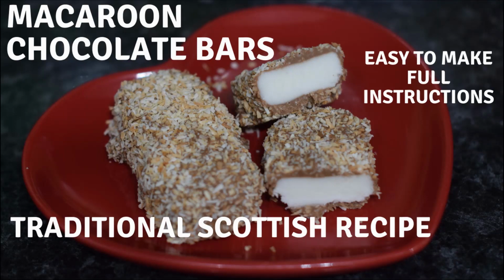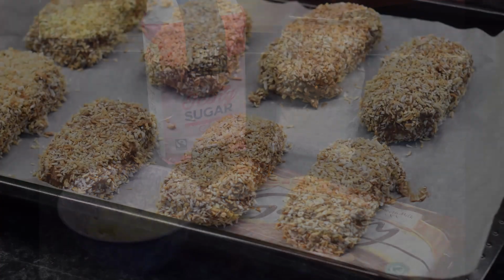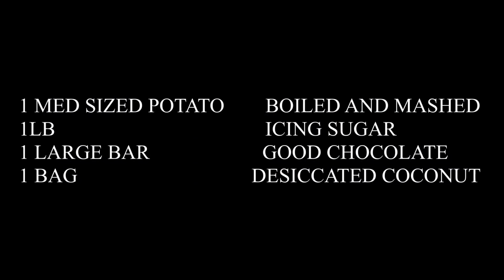Today we had some leftover mashed potatoes, so we decided to make a Scottish favourite, chocolate macaroon bars. You don't need much to make these. A little leftover mashed potato with nothing added to them, icing sugar, a large bar of good quality chocolate and